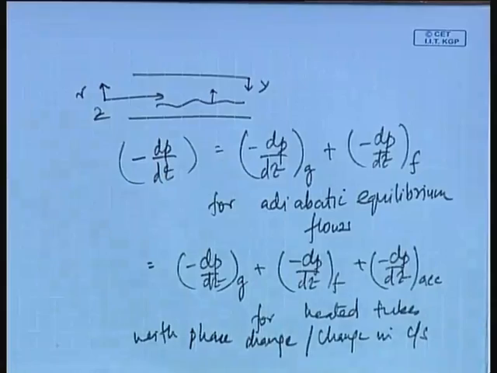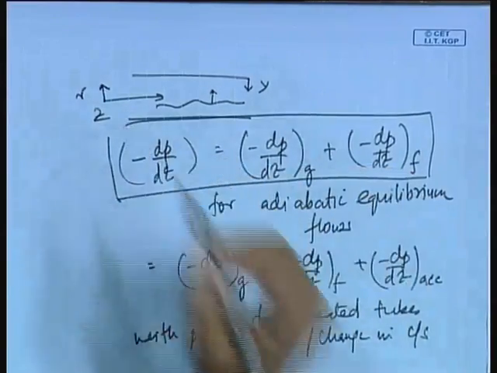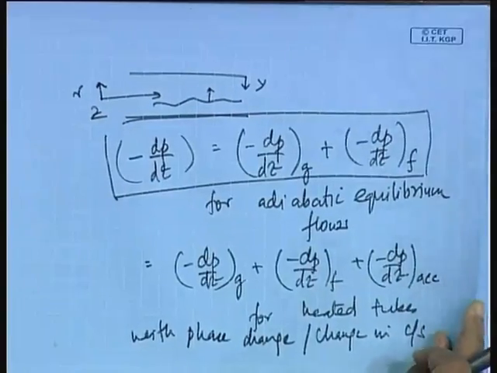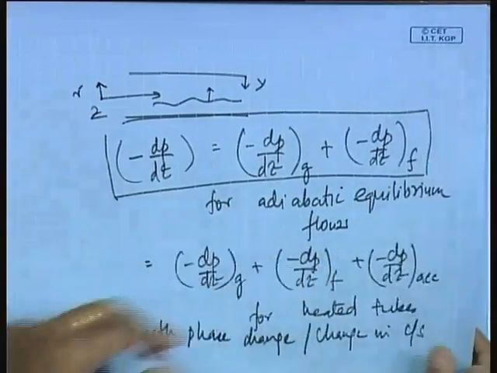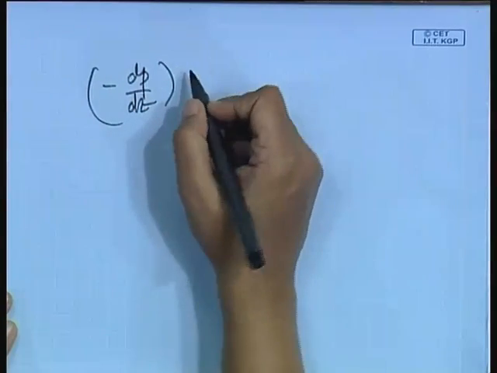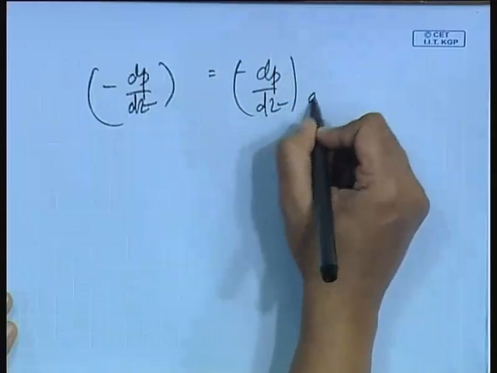But under normal circumstances, for flow in pipes, for adiabatic equilibrium conditions, for single phase flow situations, this is the expression of the pressure gradient. And for two phase flow, whether it is adiabatic equilibrium or accompanied by heat transfer, the expression of pressure gradient always comprises the three components